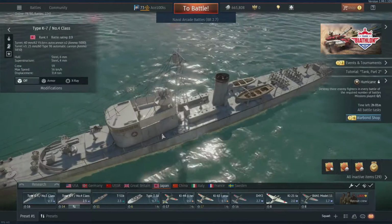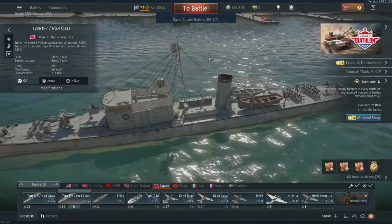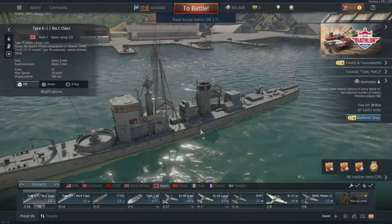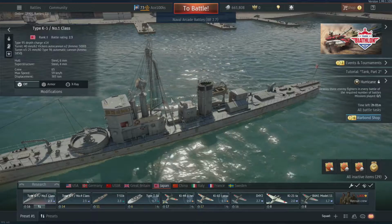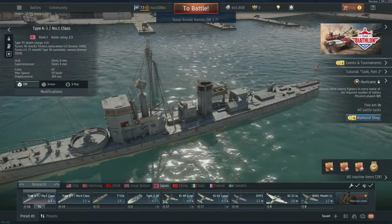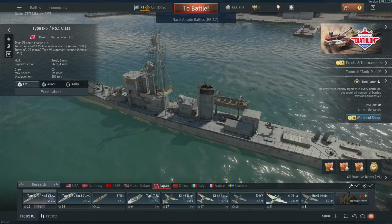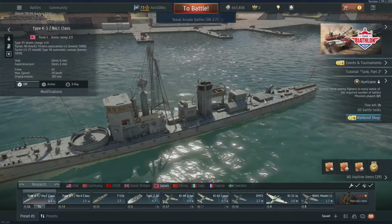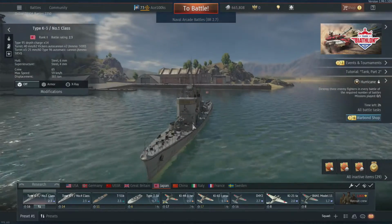So all three could be trained on a target when you're using broadside, while the K3 has 3 25mm here, 1, 2, 3. So at any one given time you can only train 2 25mm at one time because of the way it's configured. And this one has 2 right here also, so only 2 can be configured on this broadside as well. And of course you have the 40mm